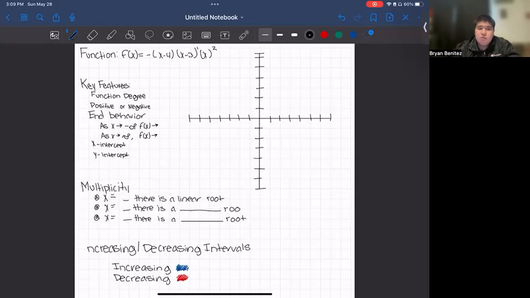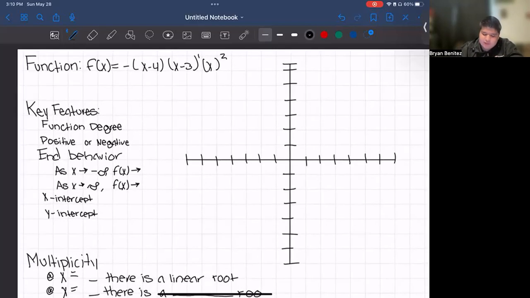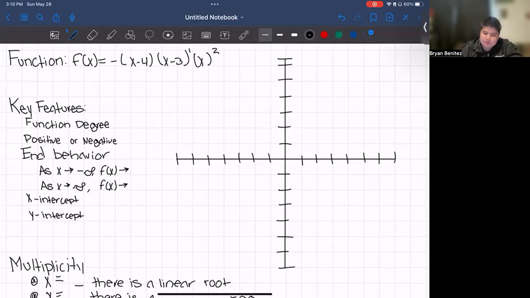Hello everyone. Today we'll be going over a polynomial function that not only represents a linear and quadratic root, but also some real world situations such as roller coasters, a slope of a hill, and even inhaling and exhaling. Okay, let's begin. Here's our function f(x) equals negative (x minus 4)